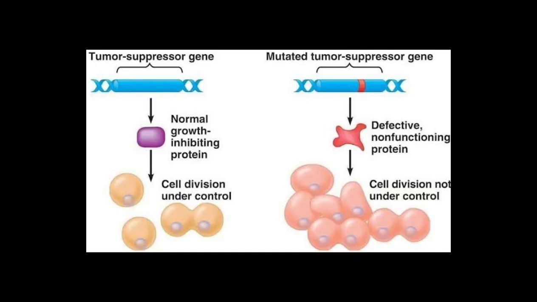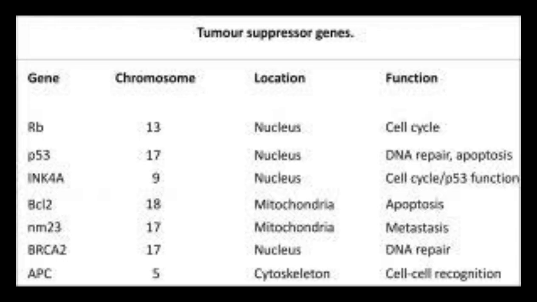Now, tumor suppressor genes. Usually when tumor suppressor genes are active, they keep cell division under control. While when they are suppressed, this division gets uncontrolled. Now, a few examples of tumor suppressor genes are RB, that produces retinoblastoma, and P53 tumor suppressor gene. Loss of function of this gene leads to Li-Fraumeni syndrome, in which the patient has different types of tumors. He or she can have sarcoma, osteoma, and breast CA.